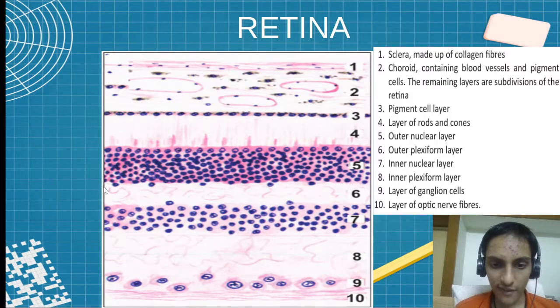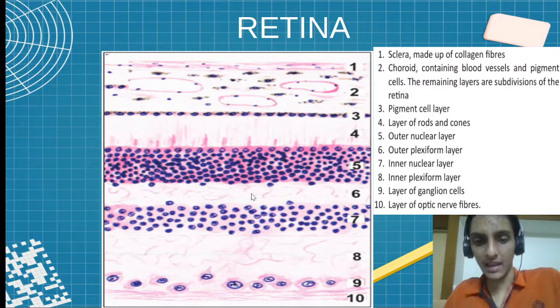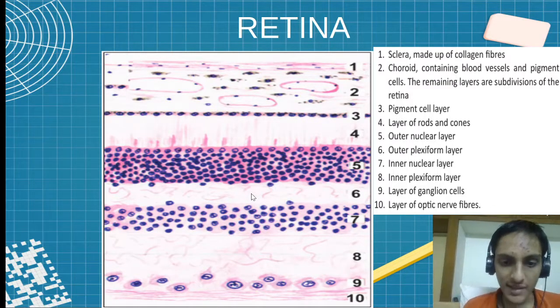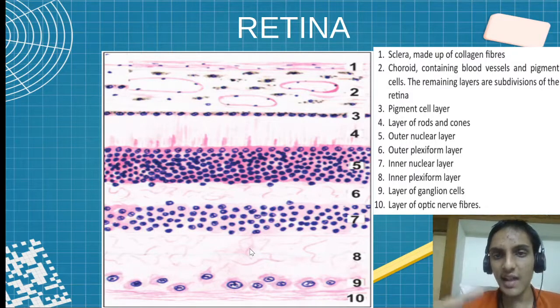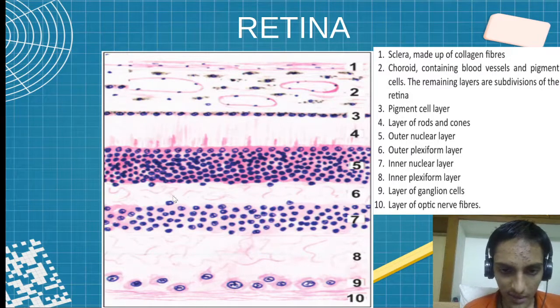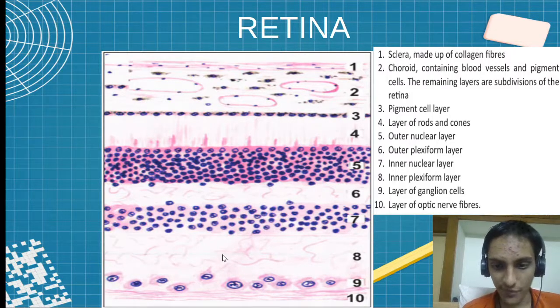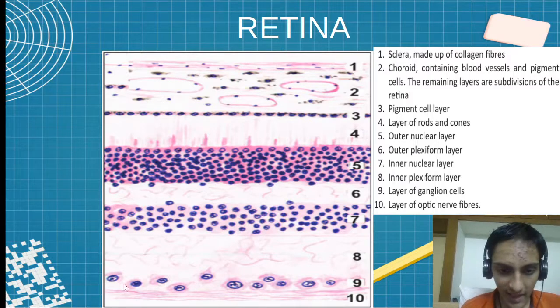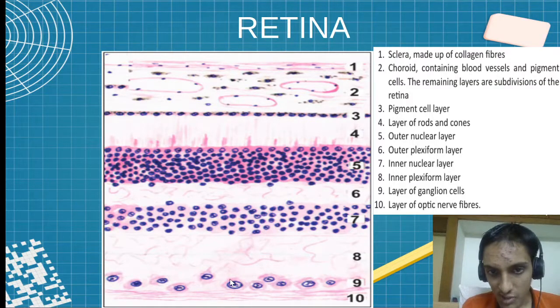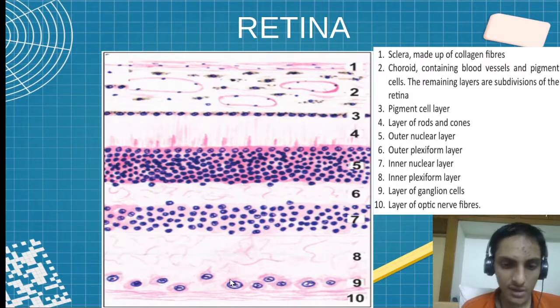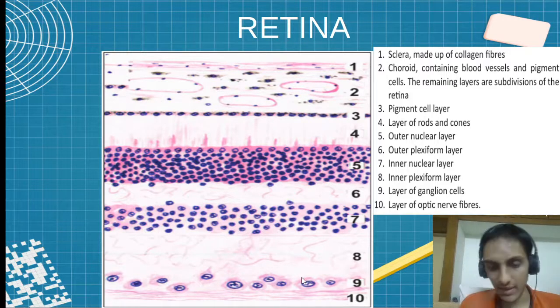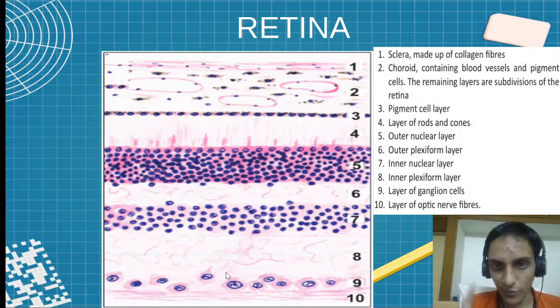Between that we are finding the outer plexiform layer. So there are two plexiform layers, outer and inner, just like nuclear layers. This will be the outer and this will be the inner plexiform. The inner plexiform is a little thicker layer compared to the outer plexiform. Okay, and this is the ganglion cell layer. The same we saw in the cerebral cortex, right? We have seen the same ganglion layer in the histology of the CNS.